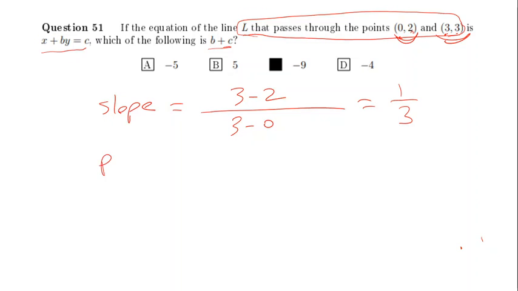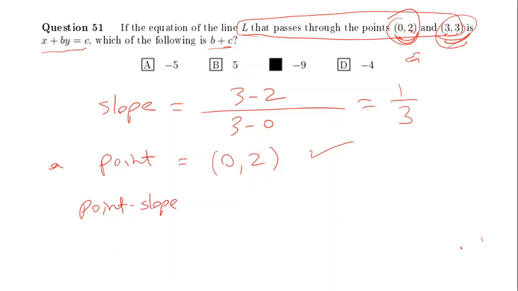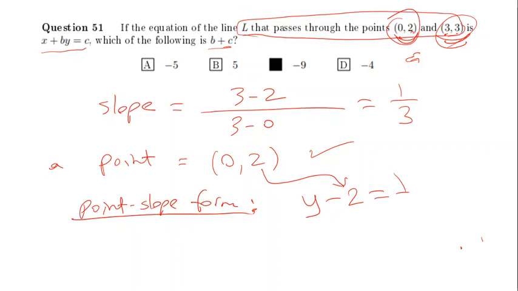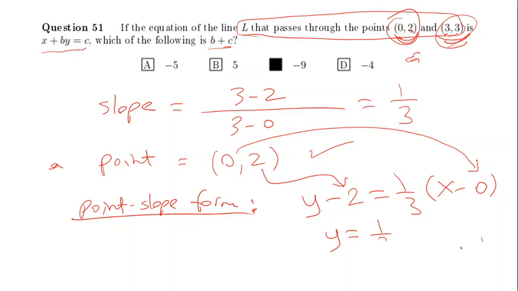And now you can take a point on the graph. So a point is, you can take (0, 2), or you can take (3, 3), but no need. One is enough, so I will use the point slope form. So y minus y0, which is 2, equal to 1 over 3 times x minus 0 here. So it will be 1 over 3 x